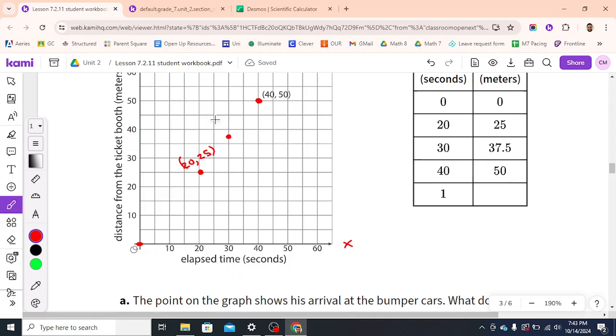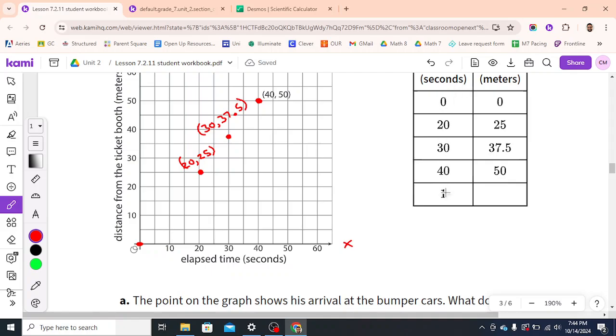So let's go ahead and write that as 30, 37.5. Which again tells us that when Tyler had walked 30 seconds, he had traveled 37.5 meters. The next one, again, was already done for us, 40, 50. That was pretty easy. So it looks like the last thing we have to do to find this part here,